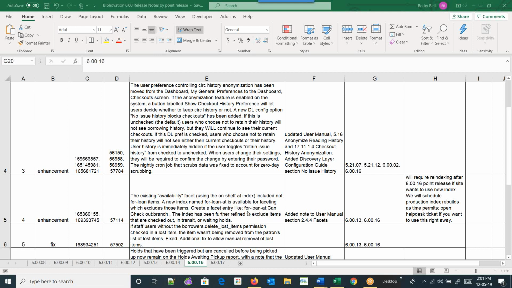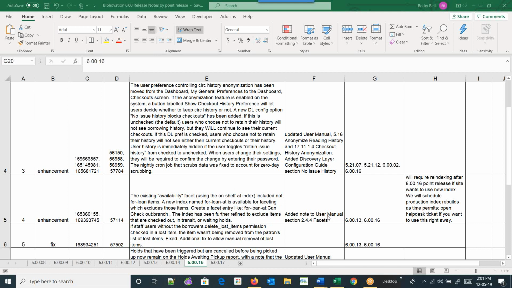And this, I believe, is something that was added for South Central. I'm not sure that there are enough branches at any of your libraries that it would be critical to have this particular one changed in your facets, in your system preferences.